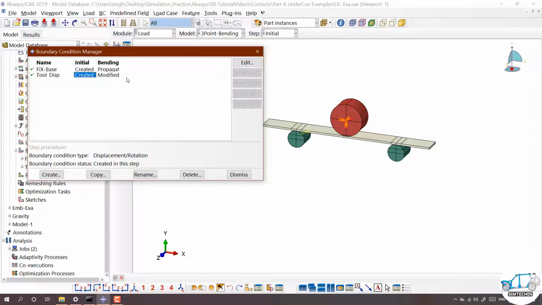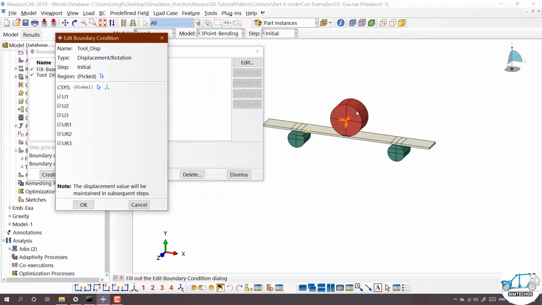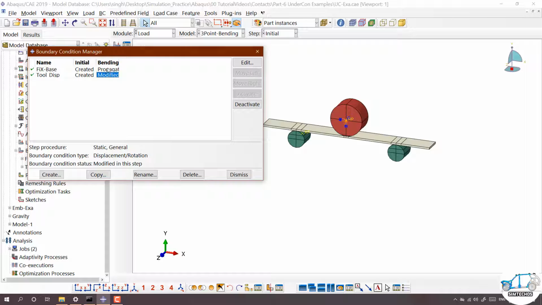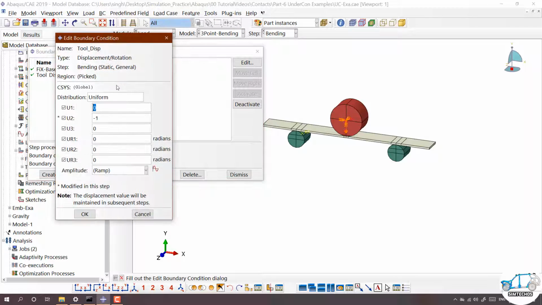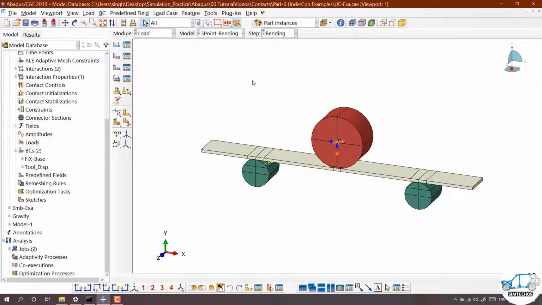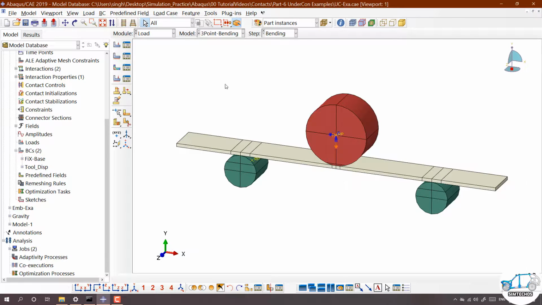And here I defined this tool also as fixed, but in the second step, the bending step, I modified the parameters and put the displacement as -1 in the y direction. Just click dismiss and go to the mesh options.